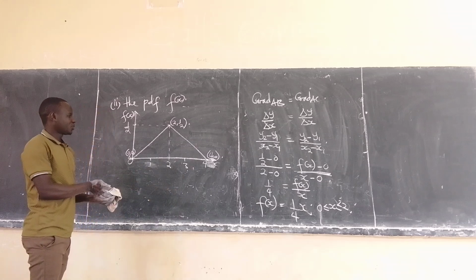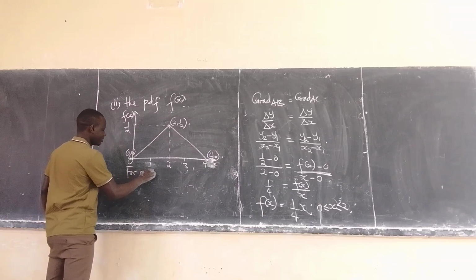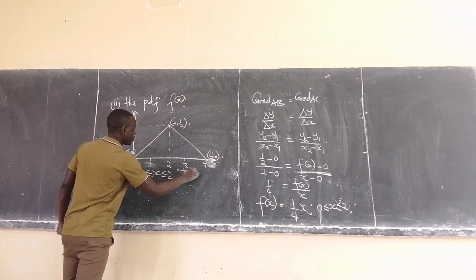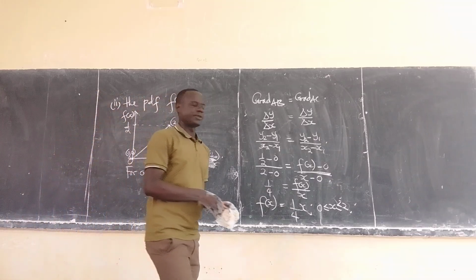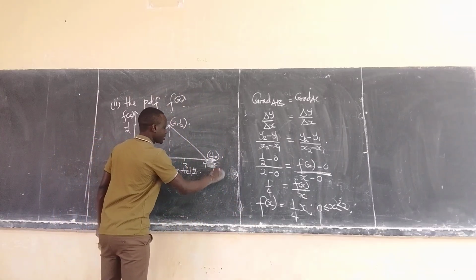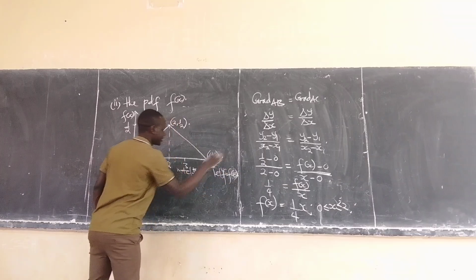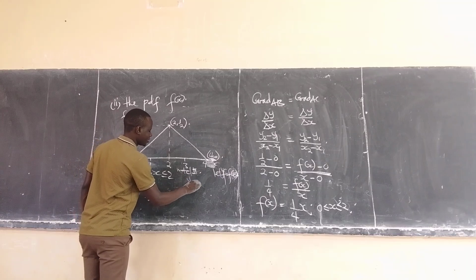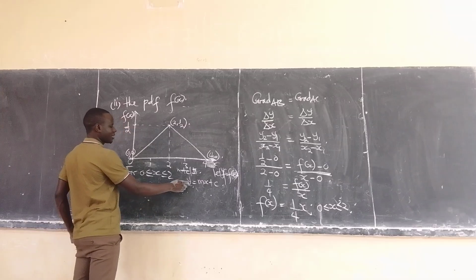So this is now method 2. We are on the same interval from 0 to 2. Method 2 of getting the equations of the PDF. We suppose that our y is f of x. We know that the general equation of the line is given by y is equal to mx plus c. But this time our y